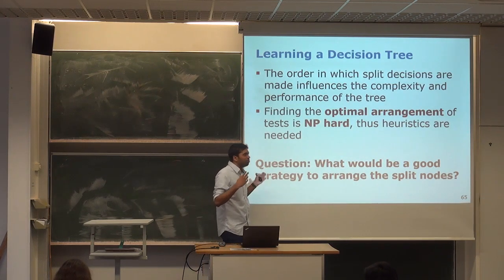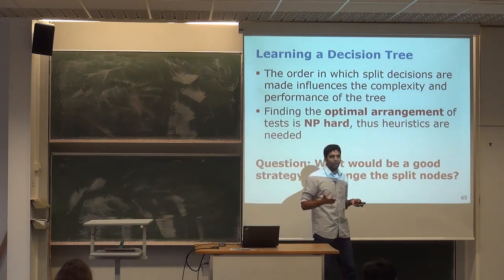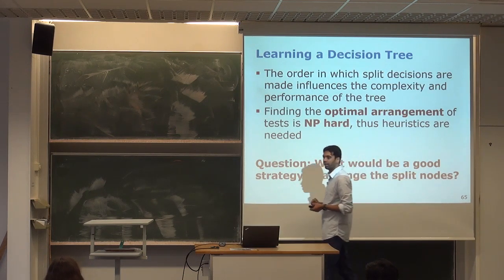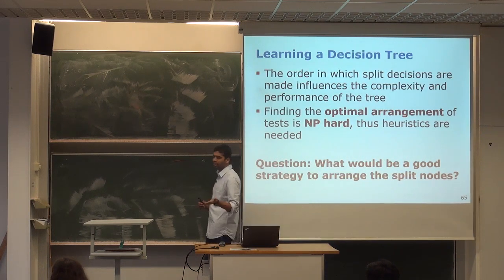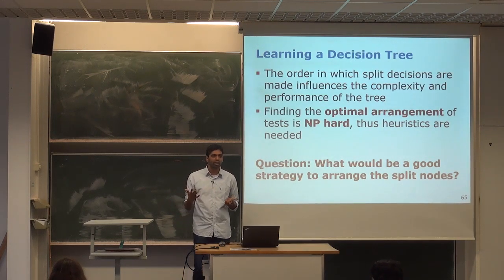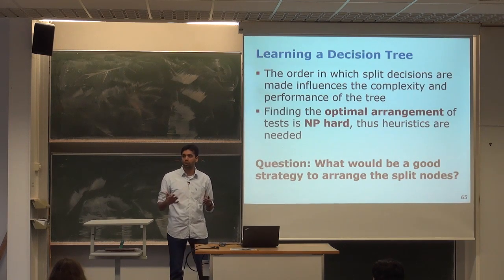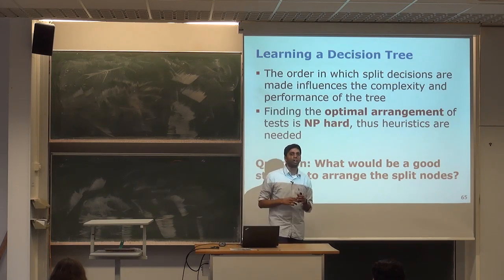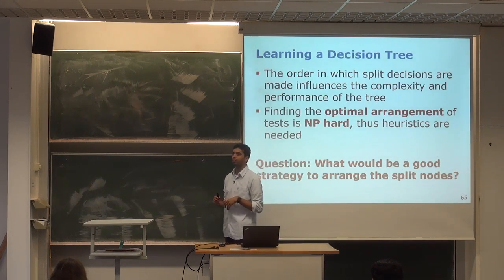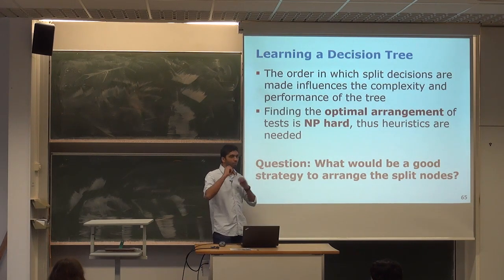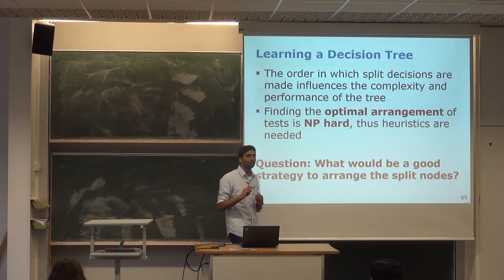And the only sure way to do it is to exhaust all the options and then to figure out what this correct optimal arrangement is. This works for small problems. If you have 5 to 10 questions, it's okay. It's, let's say, 2 to the power of 5 or 2 to the power of 10 combinations, and you could do it. But if it's anything bigger, any real world example, you would have millions of features or thousands of features, and it basically becomes computationally not possible to come up with an optimal arrangement of these questions, and therefore